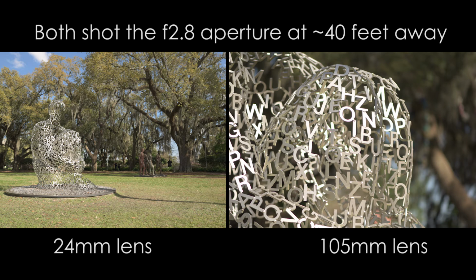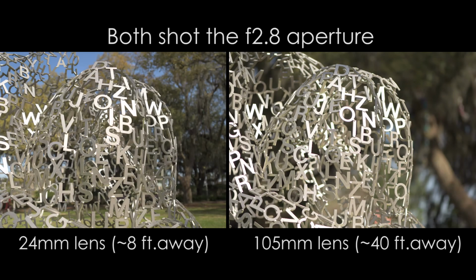For one thing, a longer telephoto lens will fill the frame with a much smaller amount of the background. And remember, telephoto lenses will basically magnify what you see. So that means any blur is going to appear magnified too. This time, the photographer moved closer to shoot the 24mm picture. However, that bokeh, or out of focus blur, is still greater with the telephoto longer focal length lens, because of that